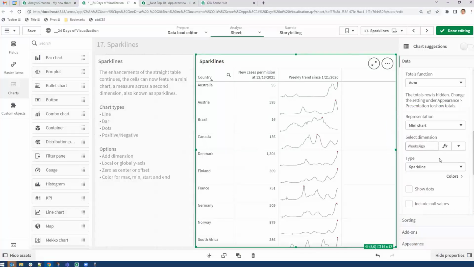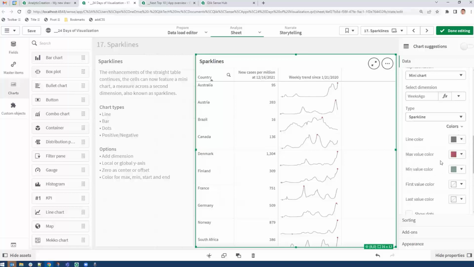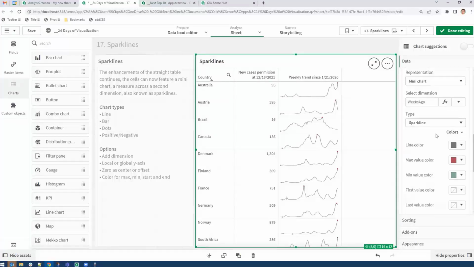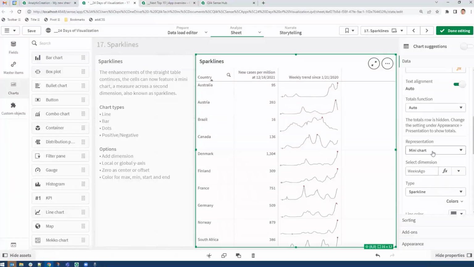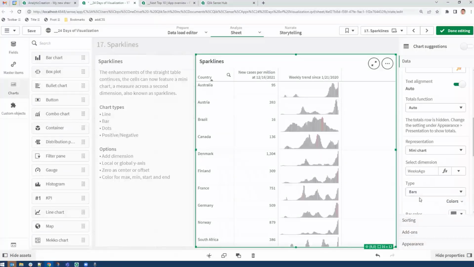So now I'm looking at the new cases per million, but on a weekly trend since some kind of date. I also decided to have colors for the maximum and the minimum positions. It's not really hard to do either. It's just to pick mini chart, pick a dimension, and you can decide whether you want to have it as a sparkline, whether you want to use bars instead,